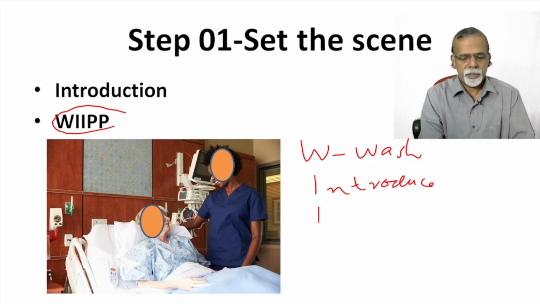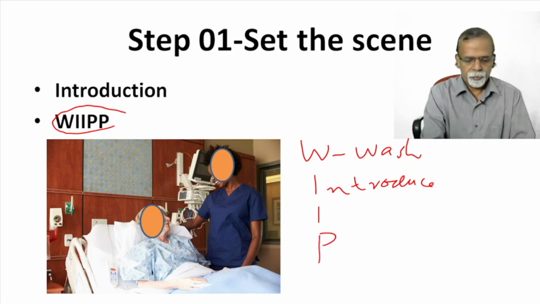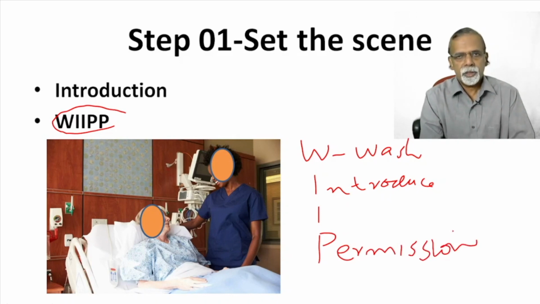And next I stands for make sure that the patient is informed about what is going to be done. That is, tell them that you are going to take the history. After that, you will do a physical examination. So that is the next I. P stands for permission. So you ask them or tell them, let me examine you. So there should be a proper consent from the patient. Even if written consent is not required, we should get a verbal or by gesture permission.